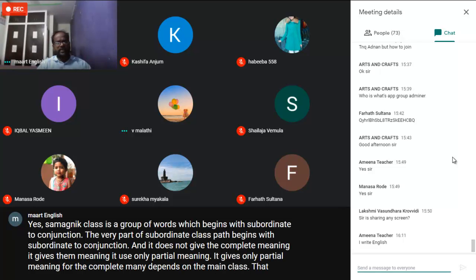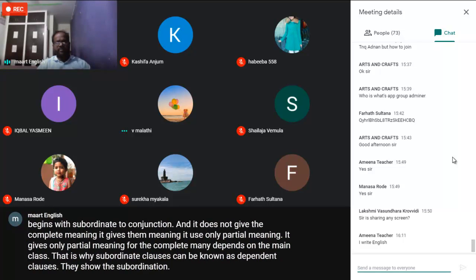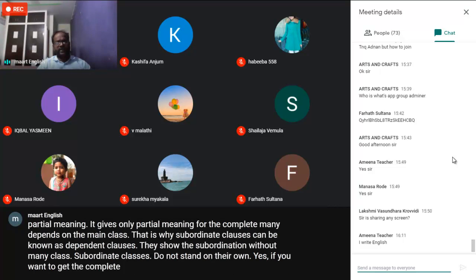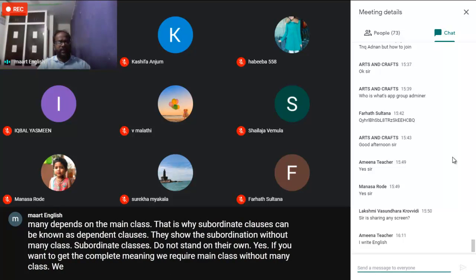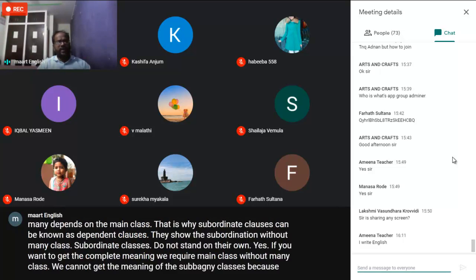That is why subordinate clauses are known as dependent clauses. They show the subordination. Without main clause, subordinate clauses do not stand on their own. If you want the complete meaning, we require the main clause. Without main clause, we cannot get the meaning of the subordinate clauses, because subordinate clauses always provide a half meaning,